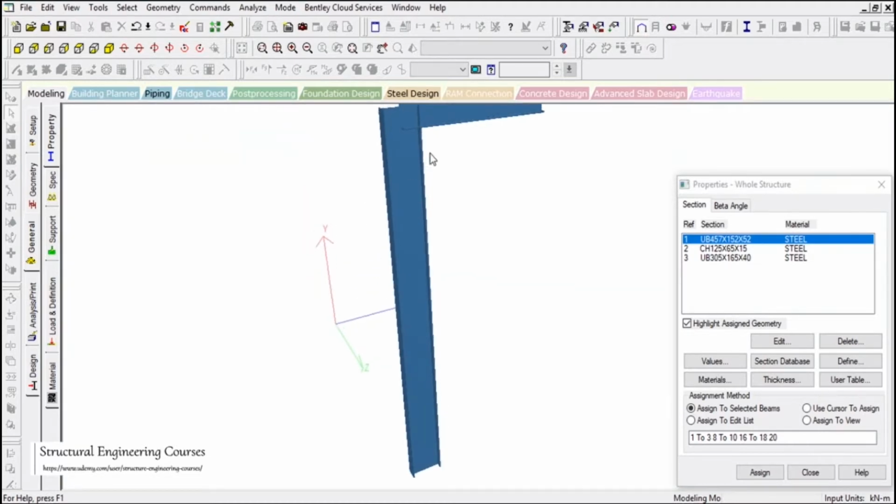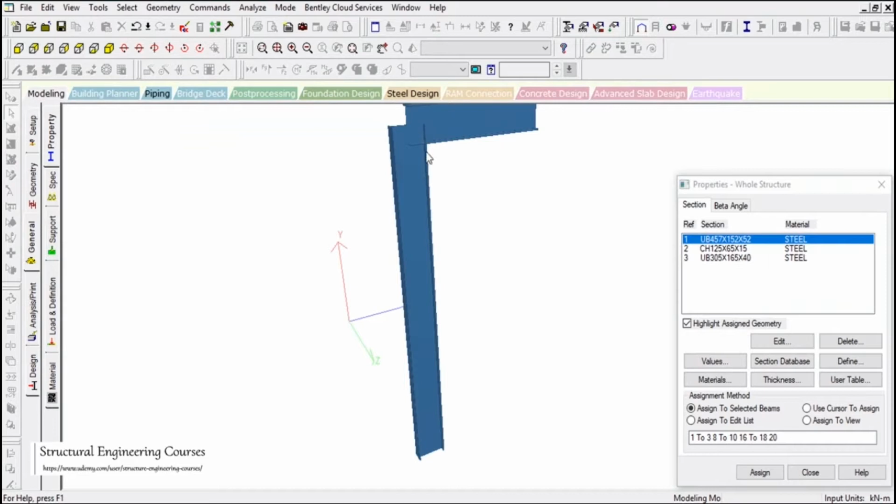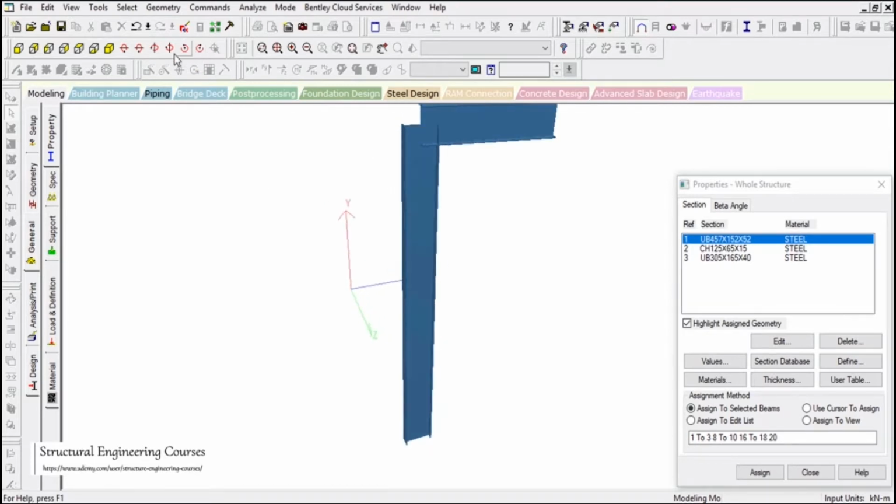Although this member shall get terminated here only at the face of the flange, it is coming to the center, which is not correct. So it may result in underestimation of the bending moments, because the whole force will get transferred here, whereas there shall be some eccentricity to the actual force or the moments that are happening here, because we assign connection to the face of the member.